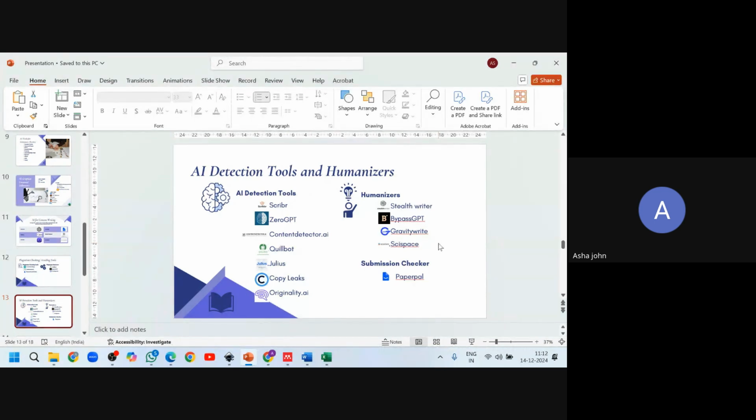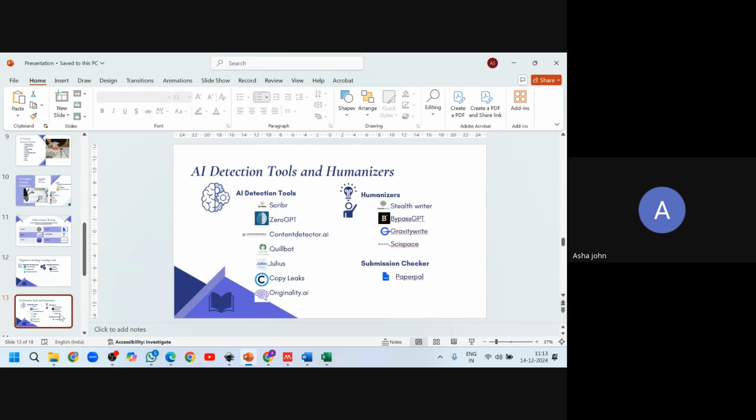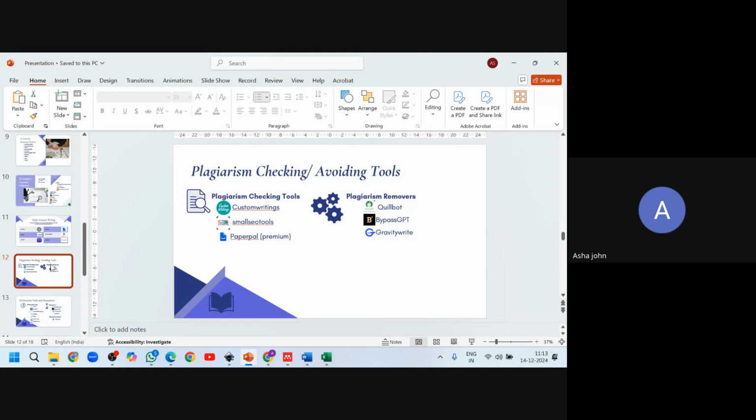But what you can do is use these tools to reduce your plagiarism as far as possible, so that you don't have to go for Turnitin again and again. Using this plagiarism checking tool, you can do the plagiarism checking. In many of these tools, the plagiarism is already marked inside the site. You can copy those places and paste them in the plagiarism removers. And then you can do this back and forth for some time. Do not just stop with plagiarism checking.